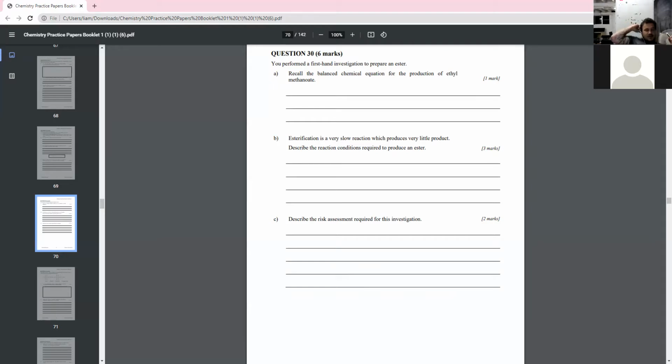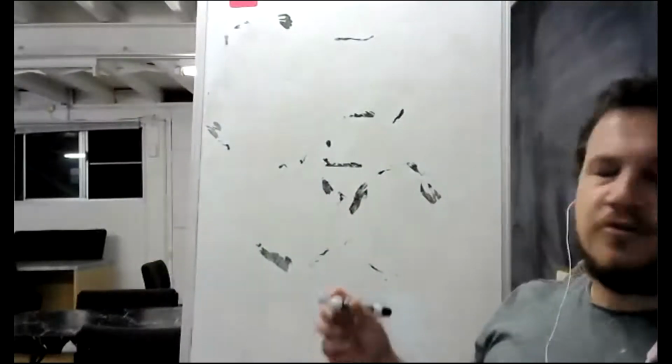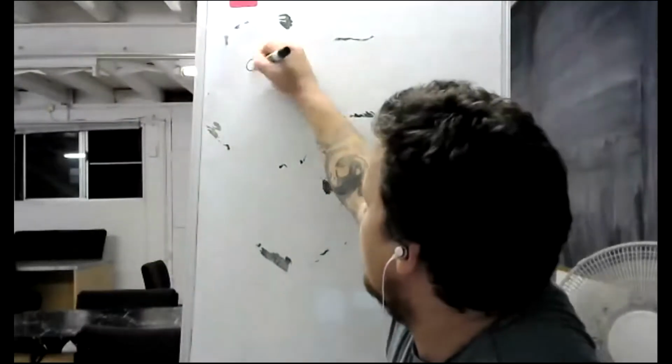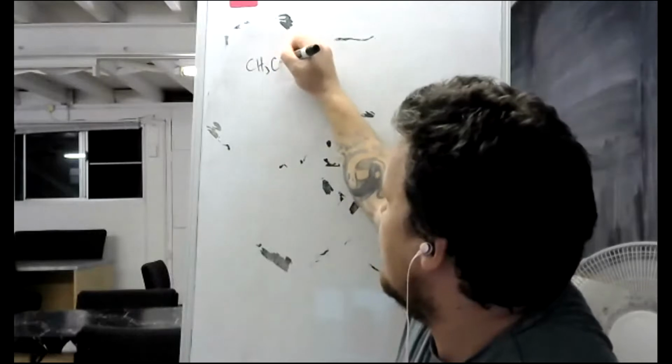Or just the generic name. So it's one carbon and then two carbons. We call that methyl ethanoate. So to create an ester, we could use the following equation. So we need an alcohol. So stick with ethanol, CH3,